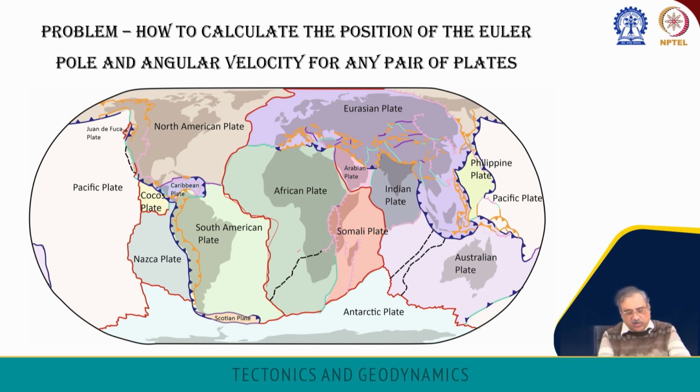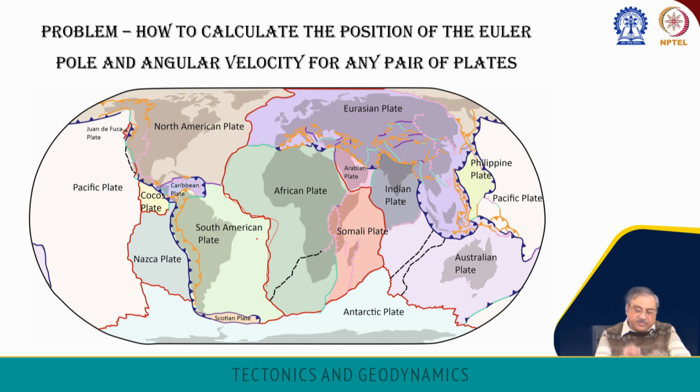So there are large transform faults with large displacements, which displace the mid-oceanic ridge, the mid-Atlantic ridge in this case, between the South American and the African plate. And using those transform segments, it is possible for us to find out the Euler pole of rotation along various parts along this plate